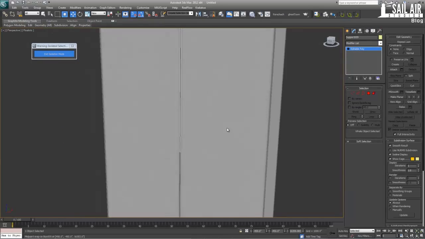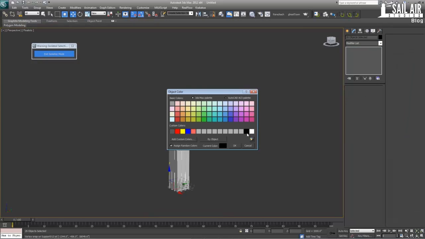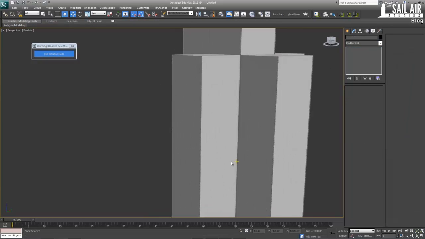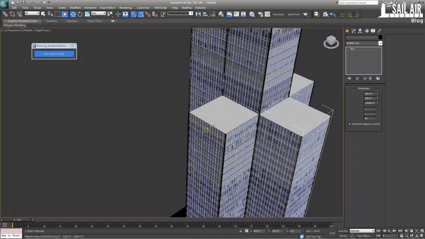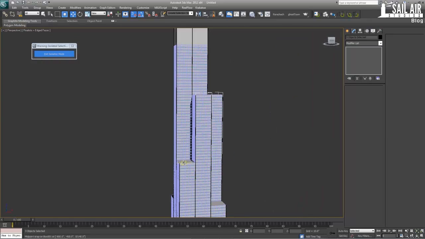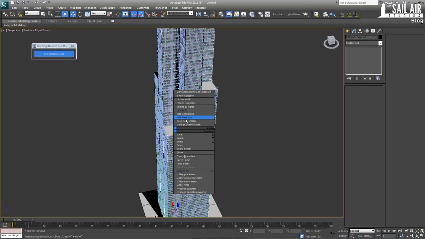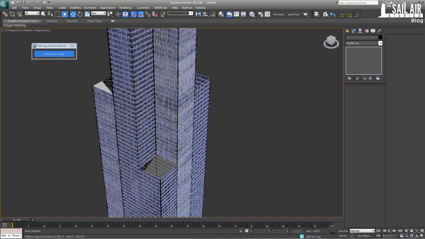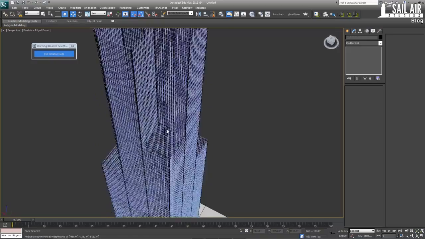Now since they were all already set up with materials, I'm just going to make a black outer wireframe on them. I'm going to unhide all. Now you can see everything is made up. And I'm going to hide all of these boxes. And there is the basic Sears Tower blockout. Well, not blockout. This is the basic Sears Tower model